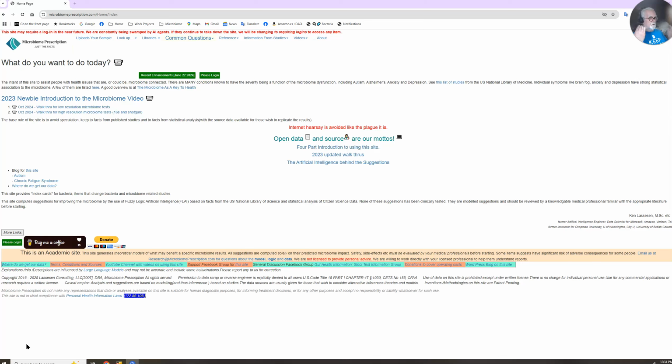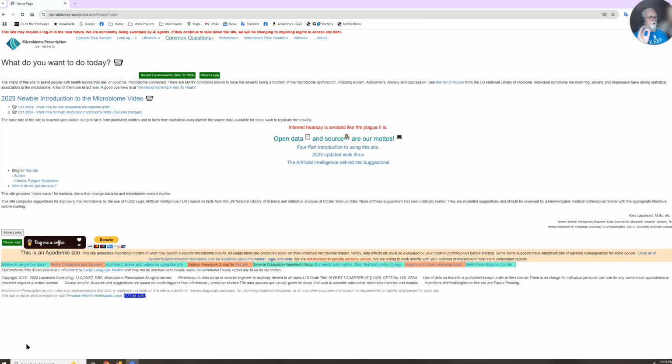MicrobiomePrescription has some challenges to it because often people are coming to it looking for a simple, easy to understand, one paragraph or even one sentence answer to a complicated situation. And that isn't always as available as they would like. In other cases, people are dealing with very complicated situations or want to know all the details for them to figure out, according to their own philosophy, how to solve things.